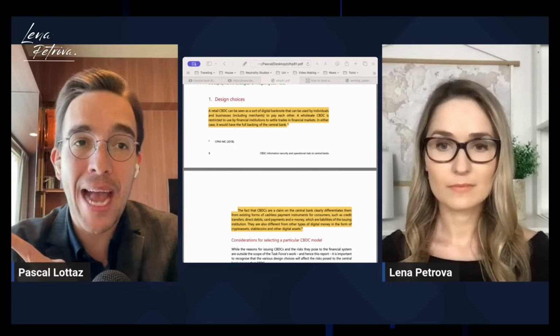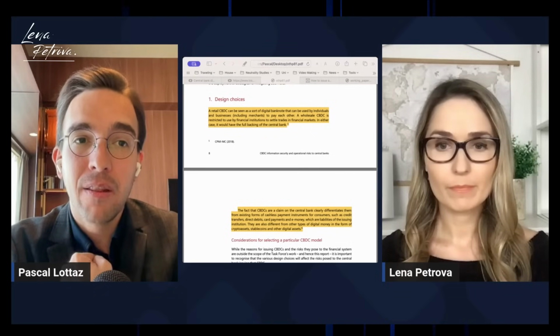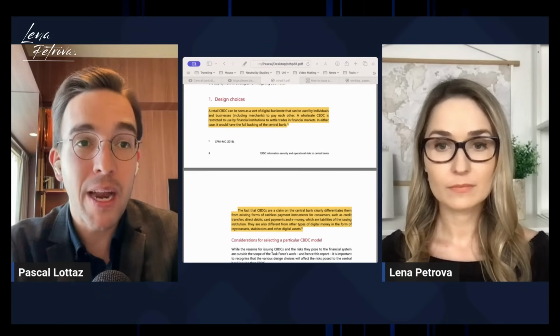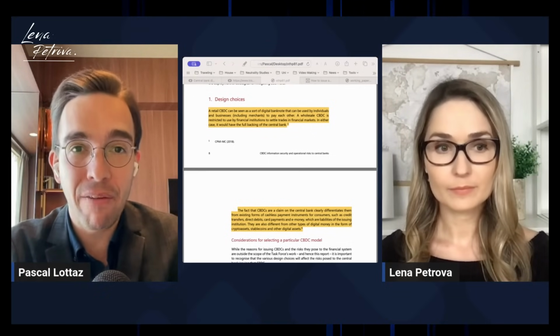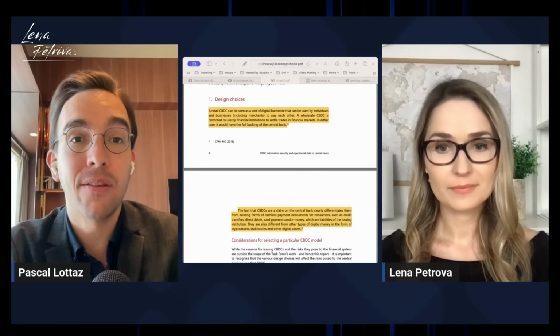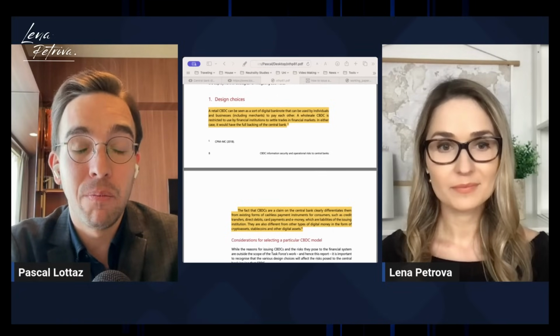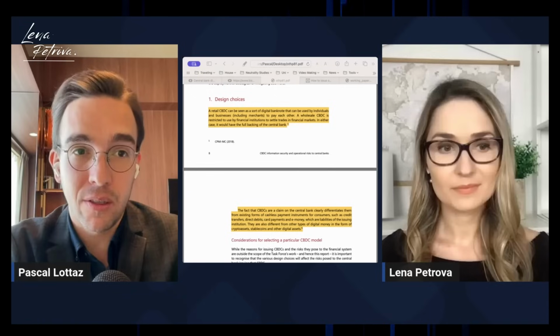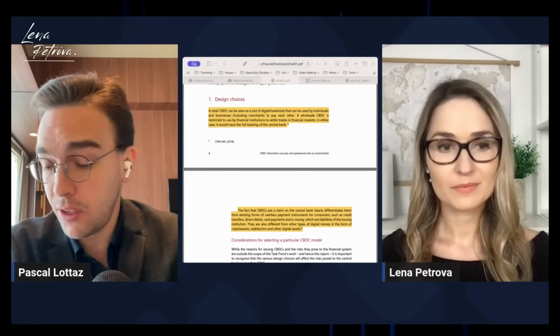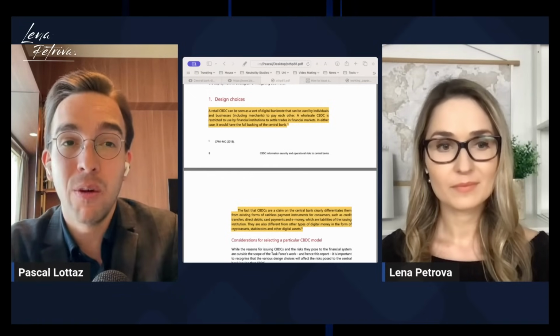And then these retail banks, they can give us their own digital money, as they already do, right? We already have digital money from retail banks. You and I, we hold deposits with them, right? And most of these deposits we can access through our smartphones, which is already a form